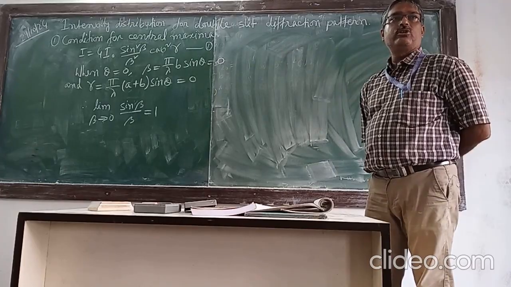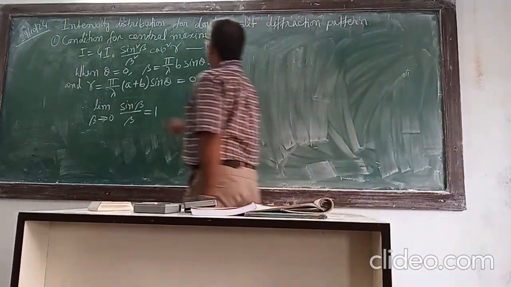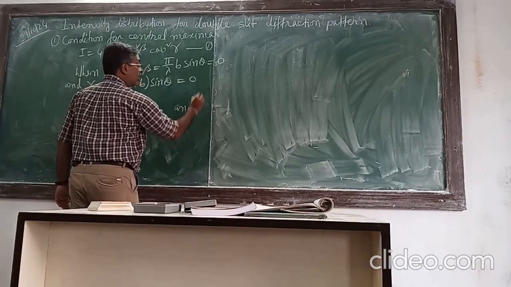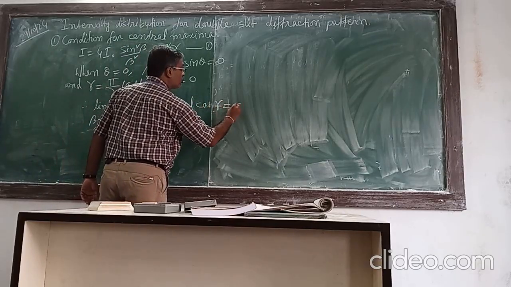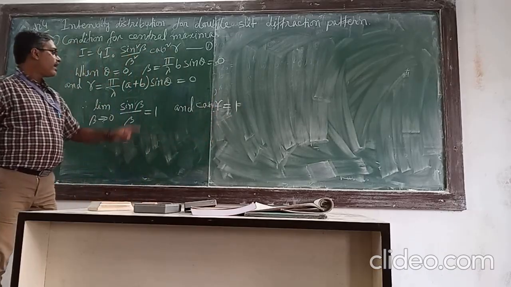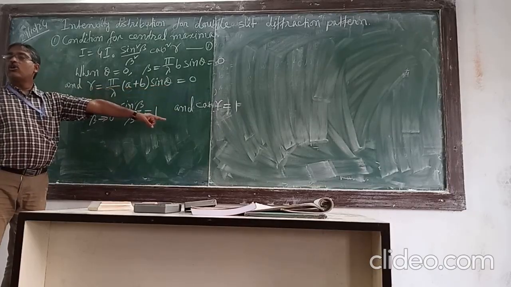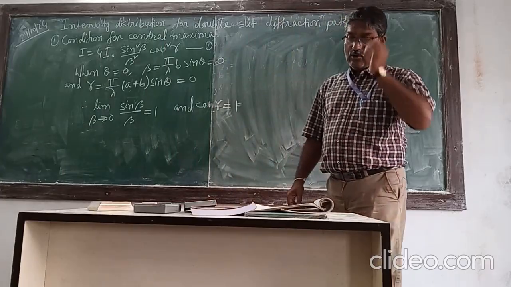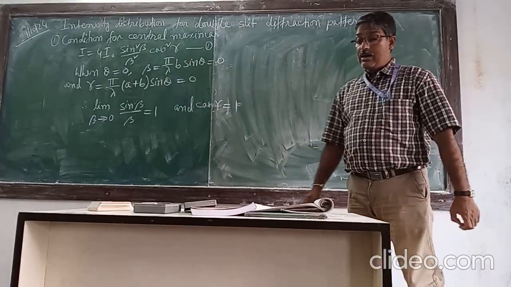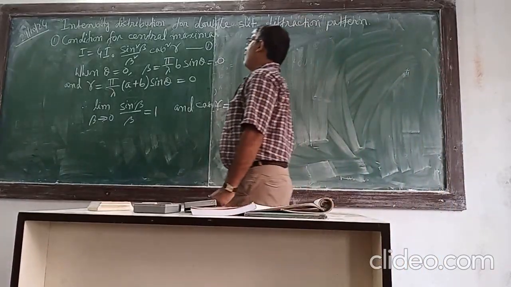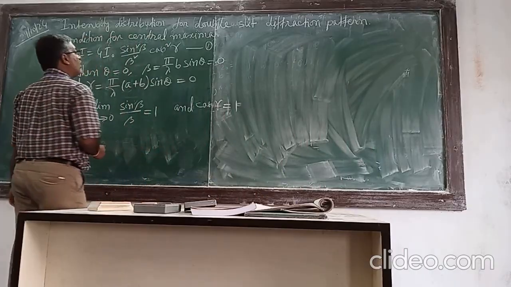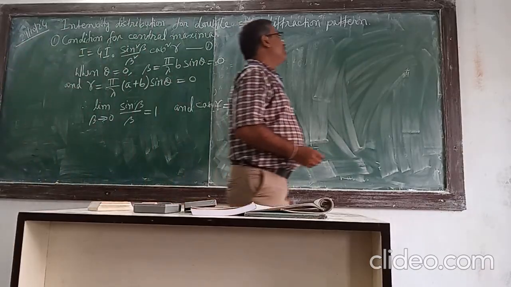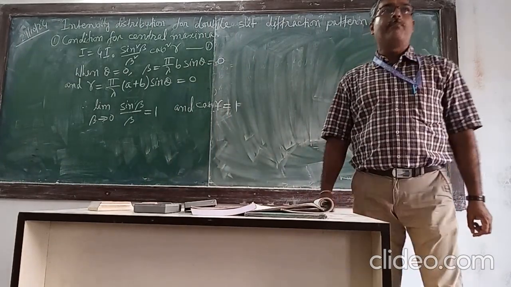When beta tends to 0, and when gamma equals 0, cos gamma equals 1. As gamma equals 0, so cos gamma equals 1. Therefore, the intensity of the central maximum is,